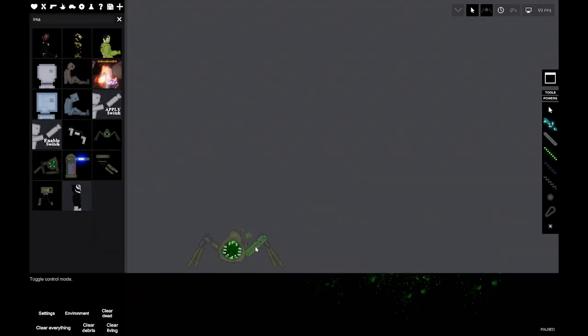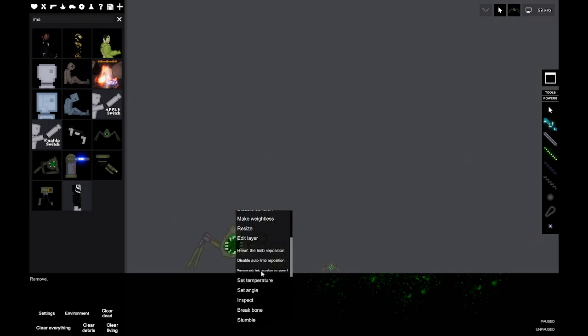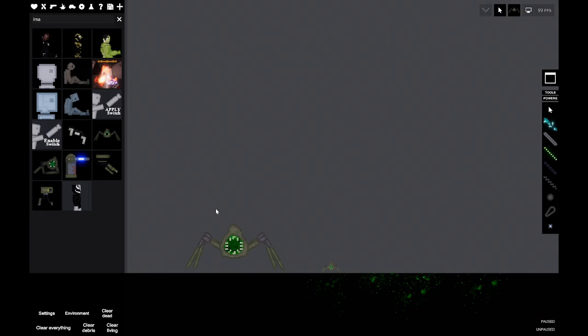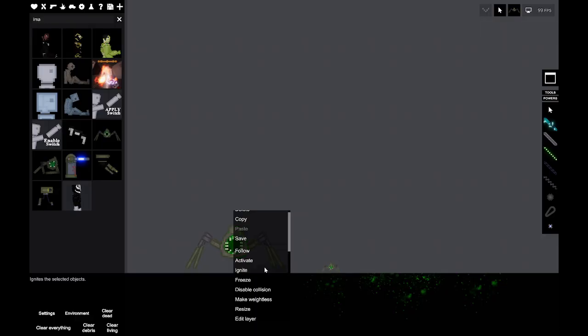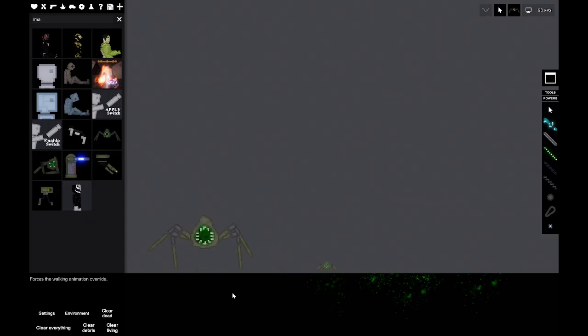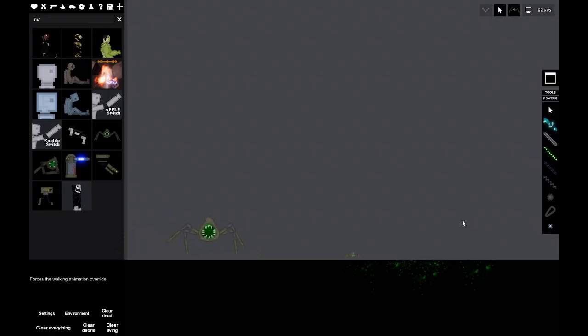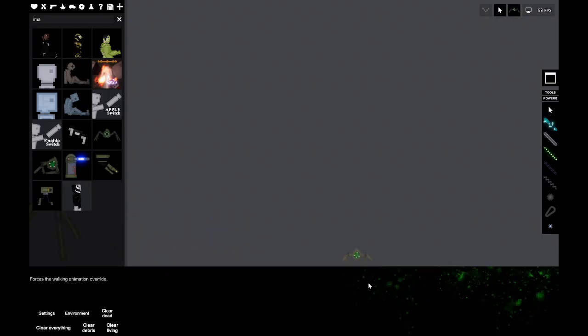There's lots of constant overcorrection because of the size and weight of this object. However, whoa, if I select, oh, never mind. Yeah, never mind. If I make him walk, it kind of walks. It doesn't really move too fast, but